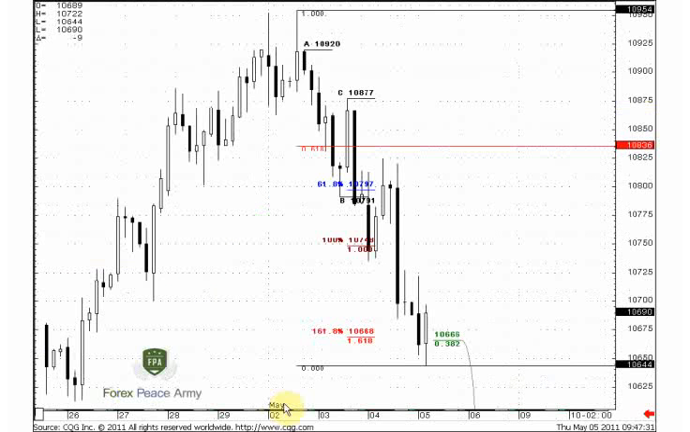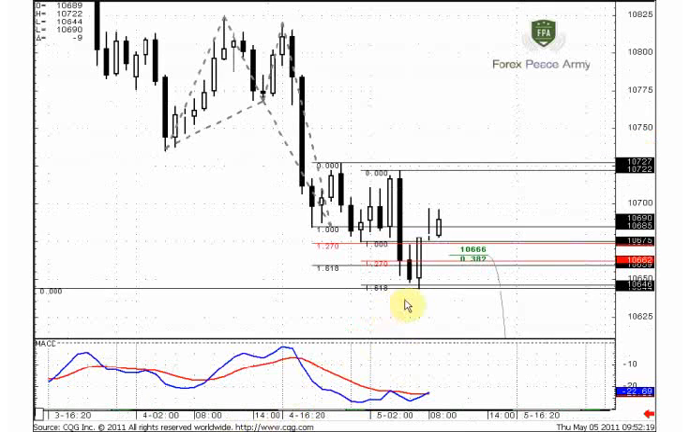106.02, and here we have the low at 106.46. So it's about 40 pips lower, but in general it will be safer than placing it right here. But if you have not enough asset value, you can try to place the stop